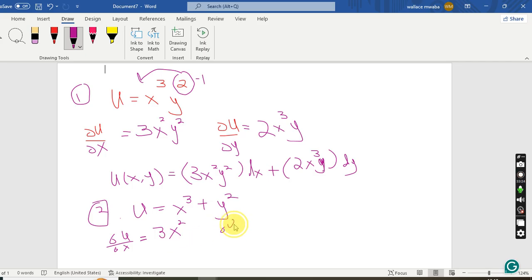Then the partial derivative with respect to y, that's 2y. Then the final answer: the total derivative with respect to x and y equals 3x squared dx